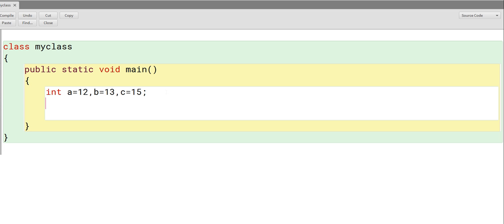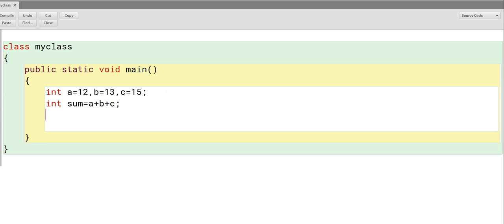To find out the sum of a and b, we have to write a statement. For example, we have another integer variable and its name is sum. You can give any name, but it should follow the rule of a valid identifier, meaning it should not be a keyword. So a plus b plus c, three variables will be added in this way, simply as we are already doing in mathematics.